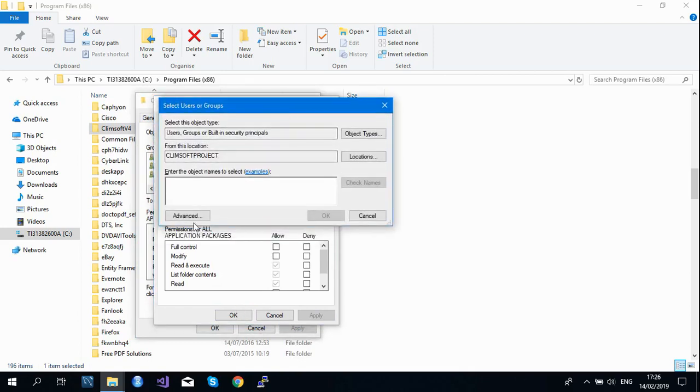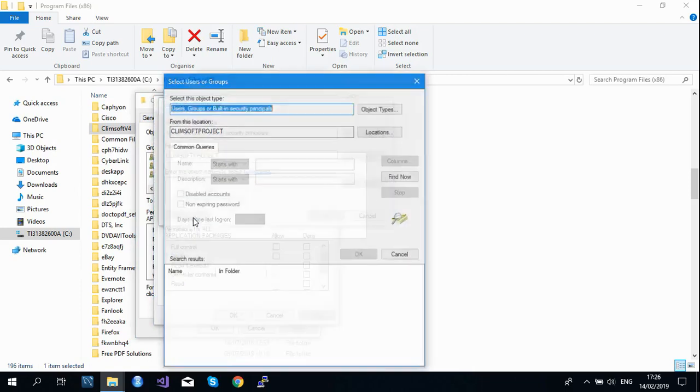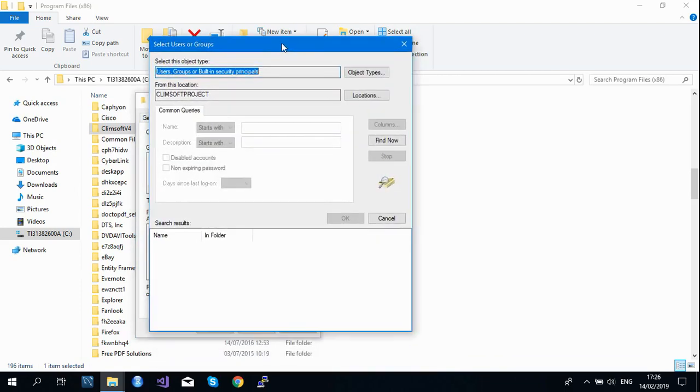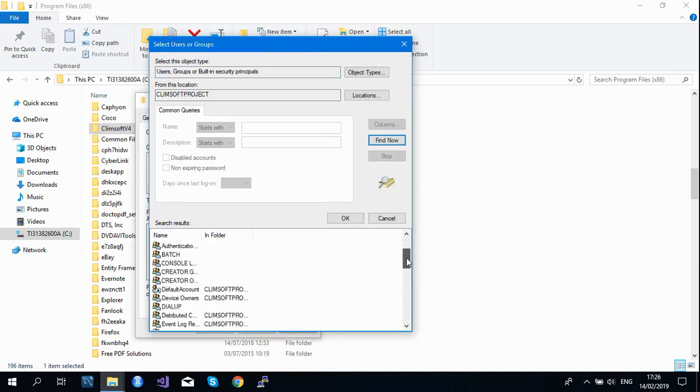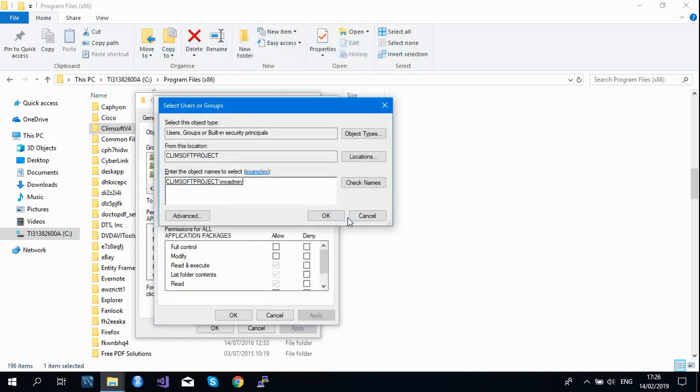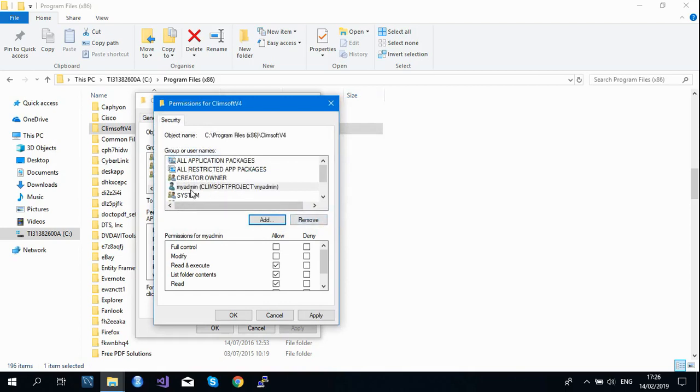Then here click on advanced and then find. Scroll down and check your user. Mine is admin, which is here. Click on this user and click the OK button to add him. Click OK. As you can see now, my user is added. Then make sure you ticked the two boxes here.